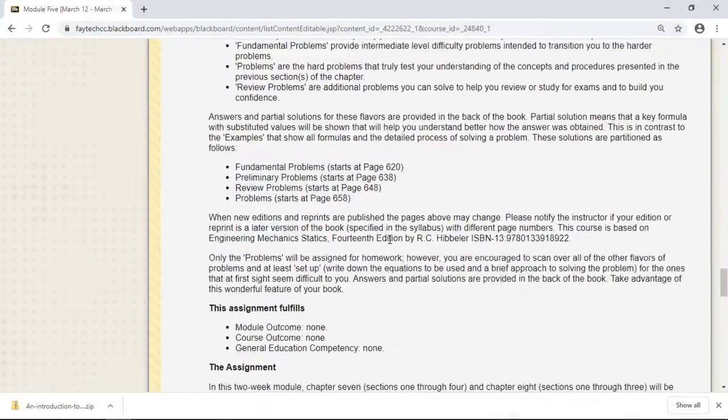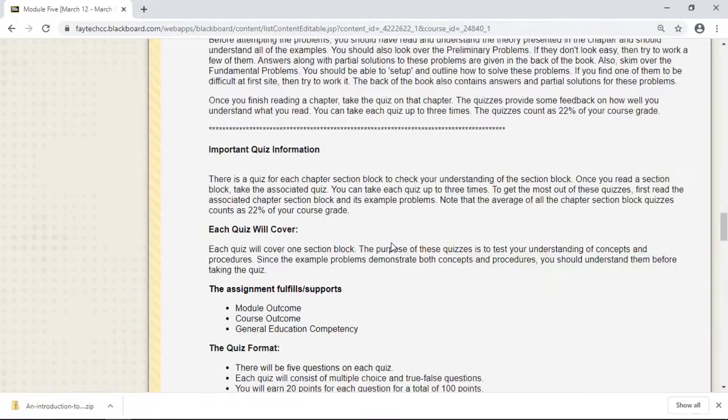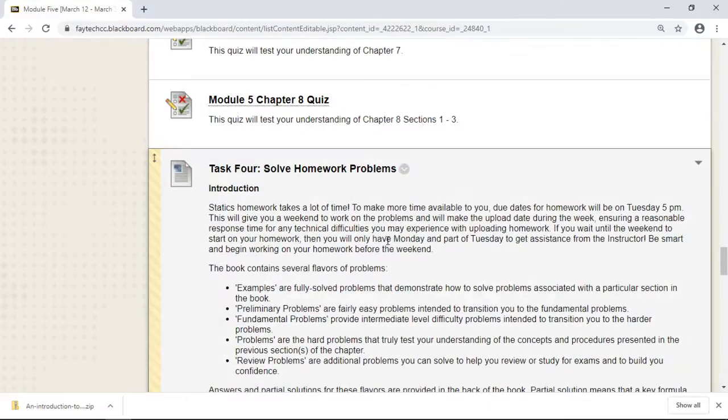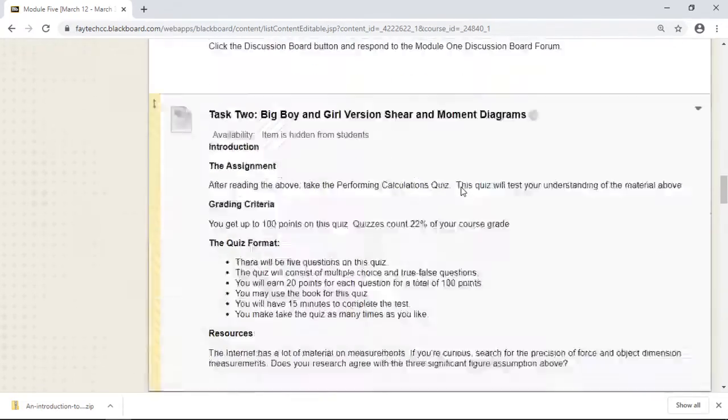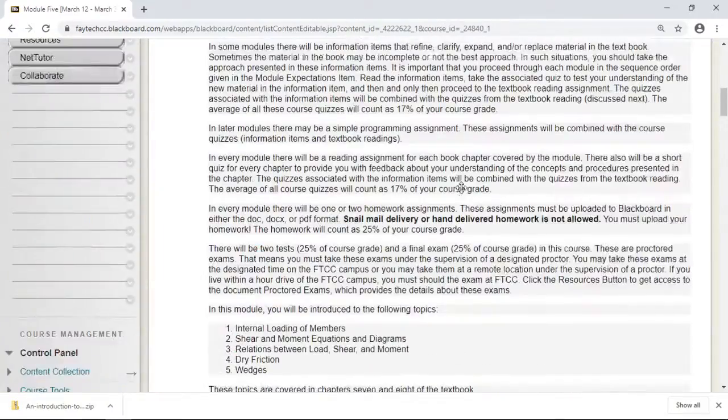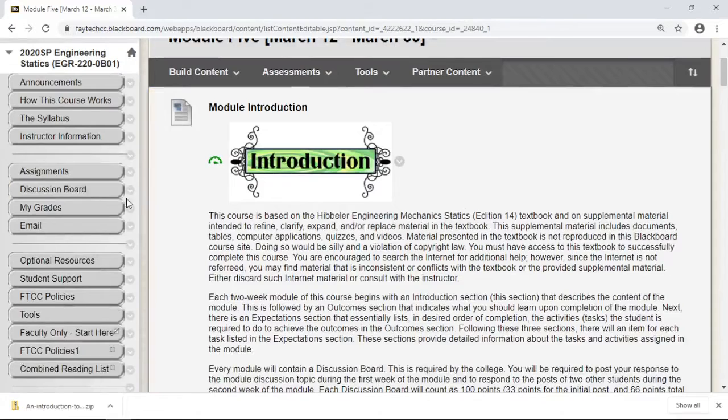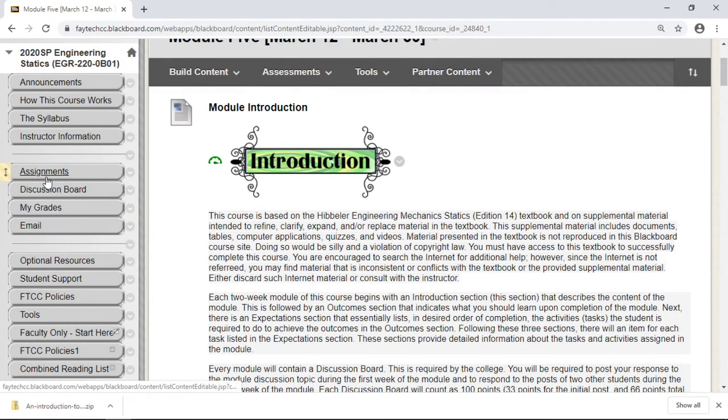So this is another approach. This is something that's really complex, a lot of things, but keep in mind this was actually designed to be online. The other one was actually for face-to-face, and we had to convert it into an online. So anyway, there's that. Now one other thing that I want to talk about is, let's go back into assignments,